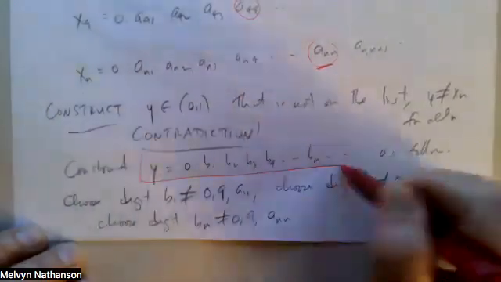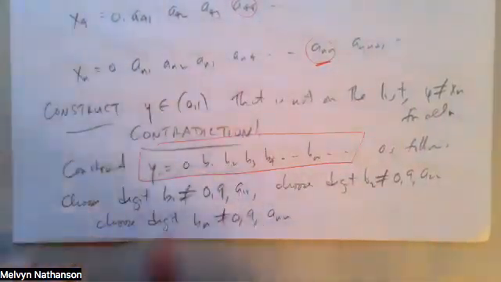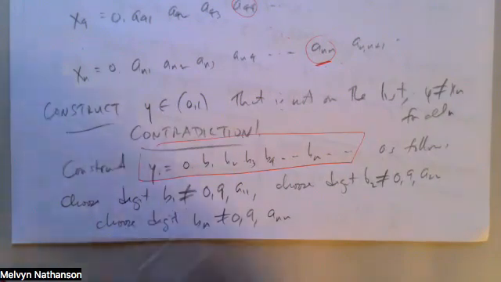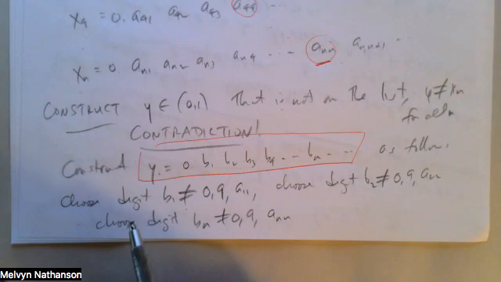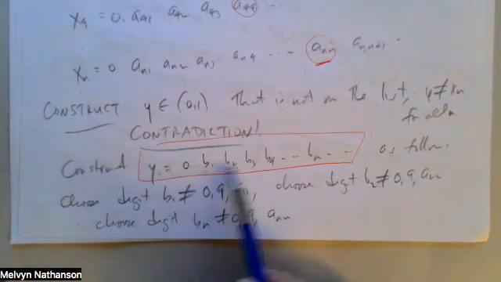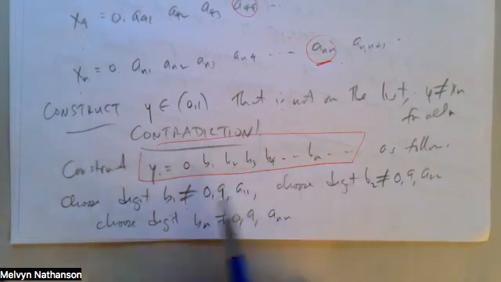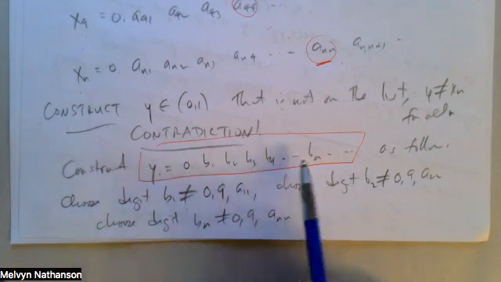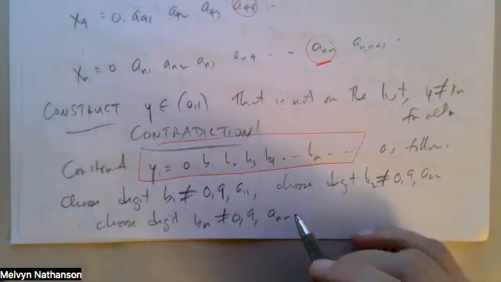So I've constructed a number y, and it's a decimal. Every such decimal represents a real number strictly between 0 and 1. It's not 0 because these can't all be 0. In fact, none of them is 0. It's not 1 because these are not all 9s. In fact, none of them is a 9. And